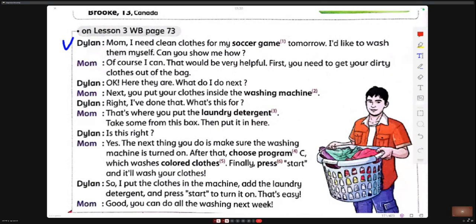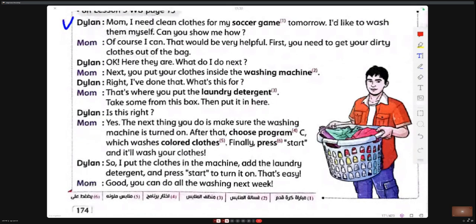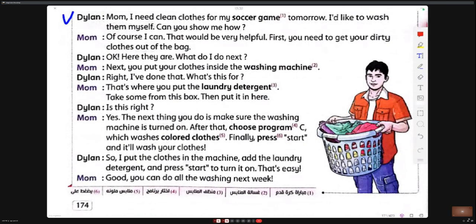That's where you put the laundry detergent. Take some from this box, then put it here. Is this right? Yes. The next thing you do is make sure the washing machine is turned on. After that, choose Program C, which washes colored clothes. Finally, press start and it will wash your clothes. So I put the clothes in the machine, add the laundry detergent, and press start to turn it on. That's easy. Good, you can do all the washing next week.